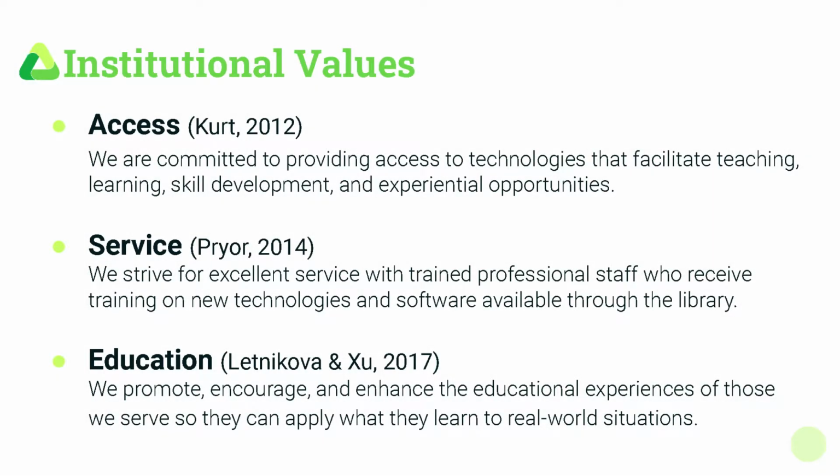Implementing a 3D printer supports 3 core values of the Basil Engineering Library: access, service, and education. The Basil Engineering Library is committed to providing students and faculty members access to technologies that facilitate teaching, learning, skill development, and experiential opportunities. According to CURT 2012 in paragraph 10,